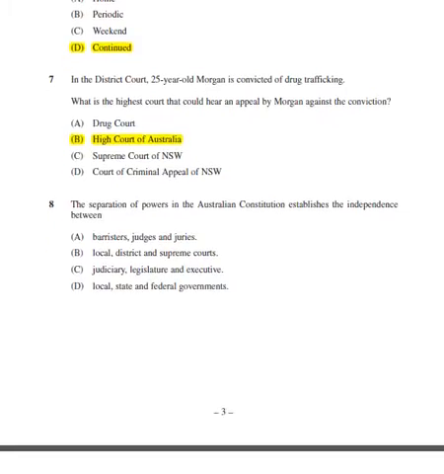Question 7. In the District Court, 25-year-old Morgan is convicted of drug trafficking. What is the highest court that could hear an appeal by Morgan against the conviction? Now this is a question that brought about a lot of debate in 2012 for students, pretty much because a lot of people got confused between A, B, and C. Straight away you should just eliminate the Court of Criminal Appeal,